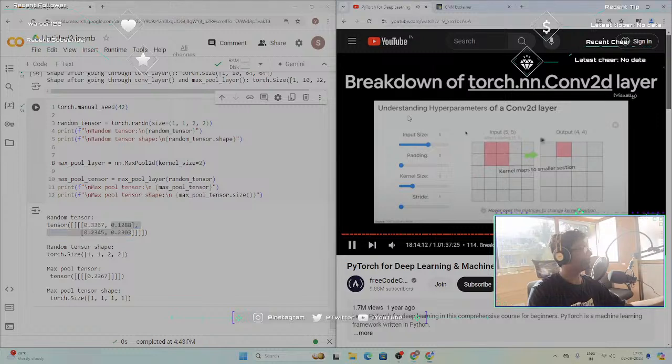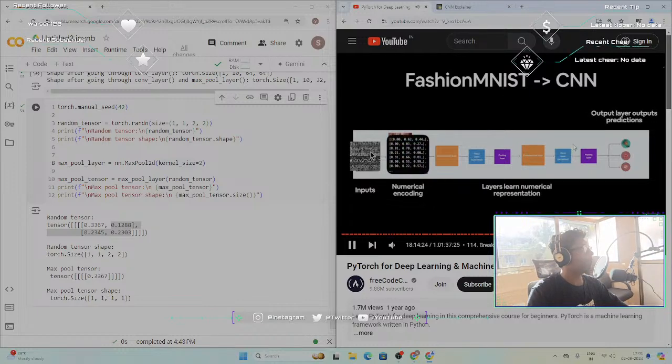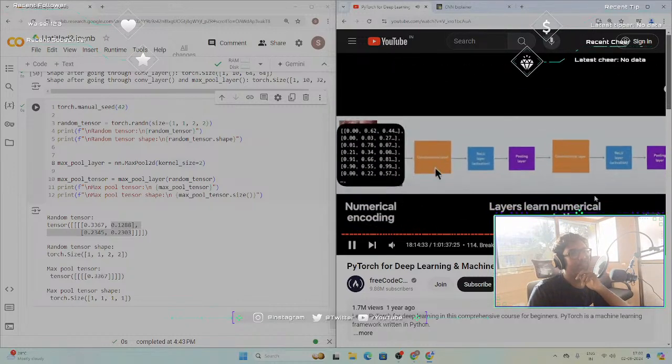Anyhow, I'd rather you go through the CNN Explainer website on your own and explore these different values rather than me just keep talking about it. Here's what we're working towards doing. We have a Fashion MNIST dataset, and we have our inputs. We're going to numerically encode them. We've done that already. Then we have our convolutional neural network, which is a combination of convolutional layers,